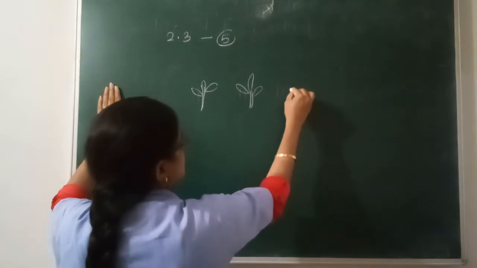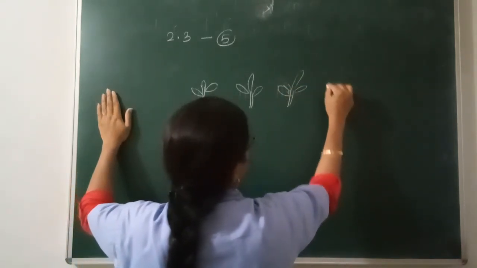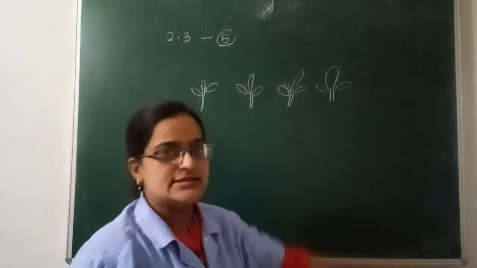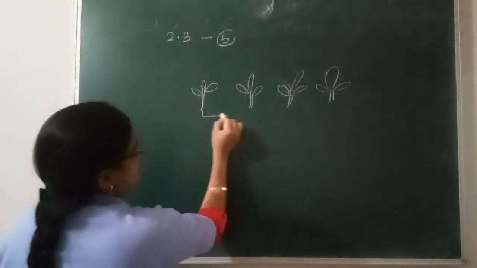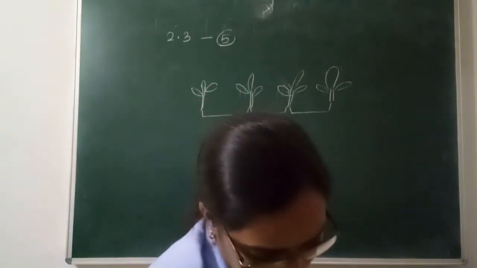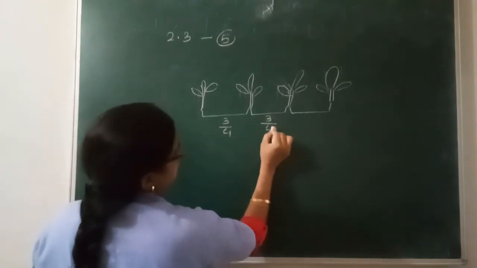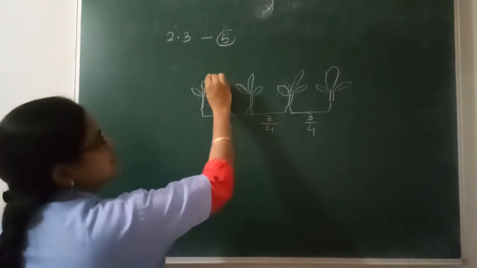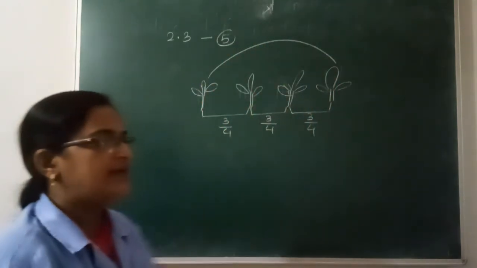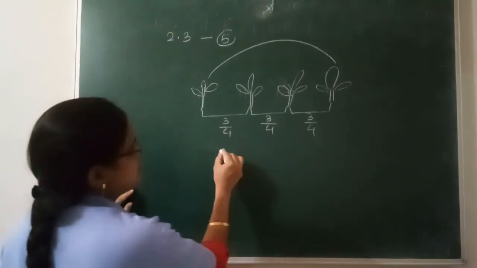You don't know what are saplings? I hope you know it. Try to understand. She has planted 4 saplings in her garden. The distance between each two of them is given to be 3 upon 4 meters. And you are asked to find the distance between the first and the last sapling. How can I find the distance between the first and the last sapling? It will be 3 times.